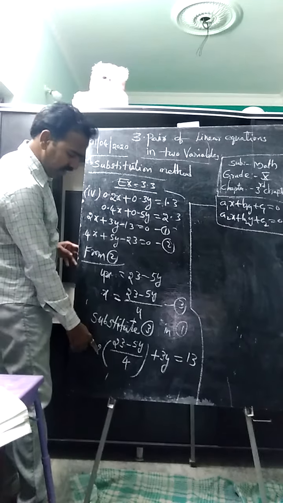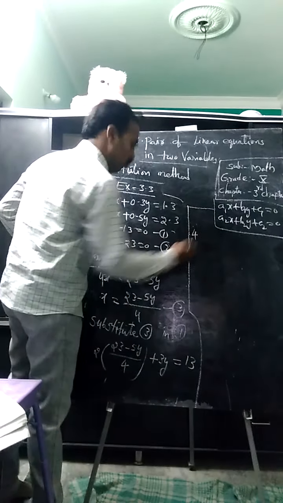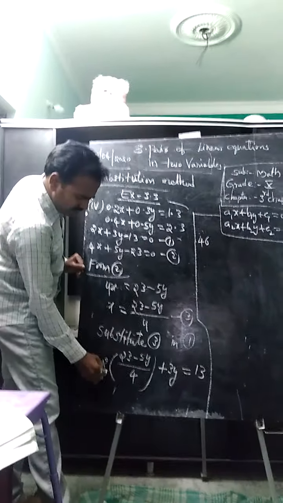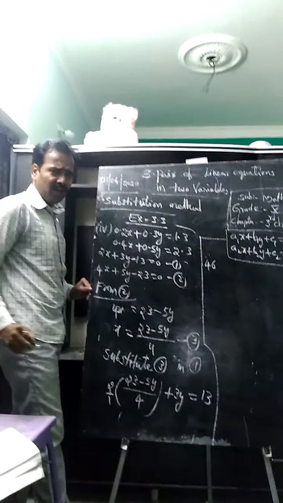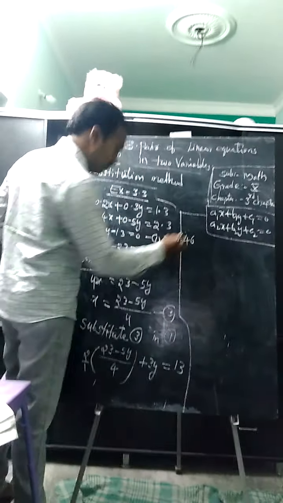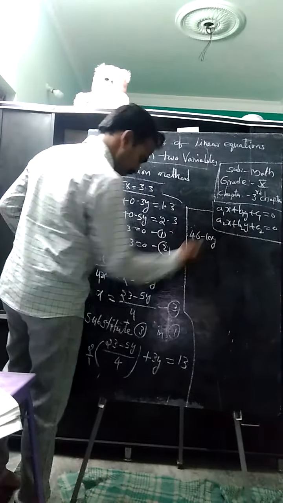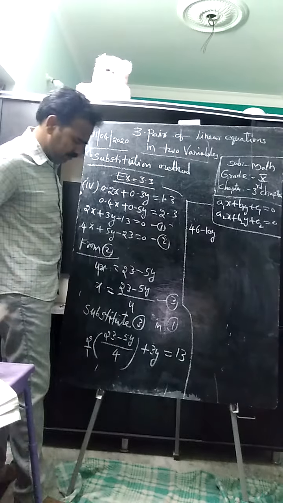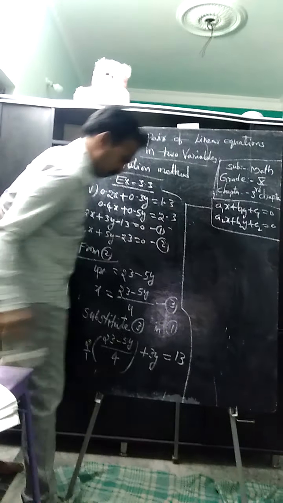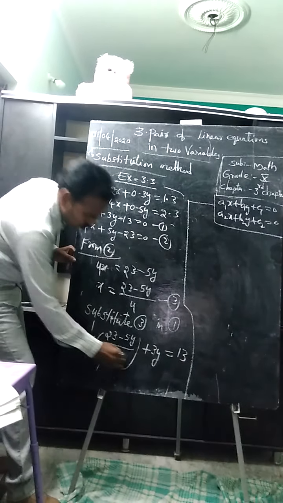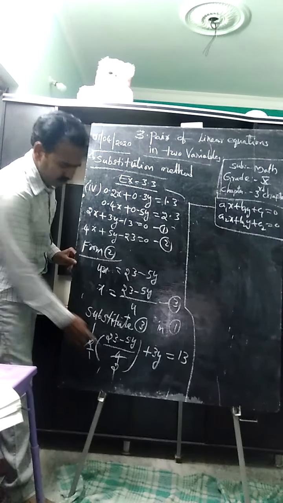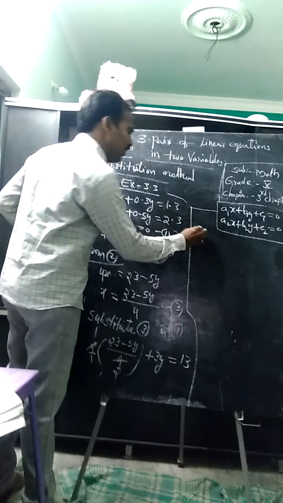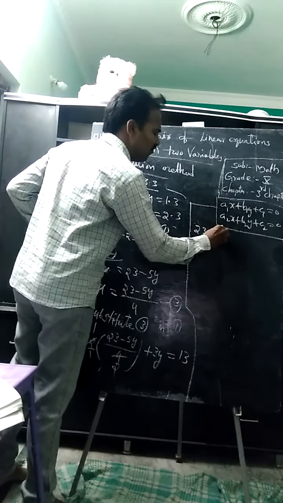Then after multiplying by 2, we have 2 into 23, 46, because it is 2, nothing but 2 by 1. Don't get confused. So 46 minus 10y. Now, or else do one thing. Here we can cancel it now. If possible, do cancellation. No wrong at all. Yes, 2 1s are 2. If not possible, directly we have to do. That is why. Now we have here 23 minus 5y.